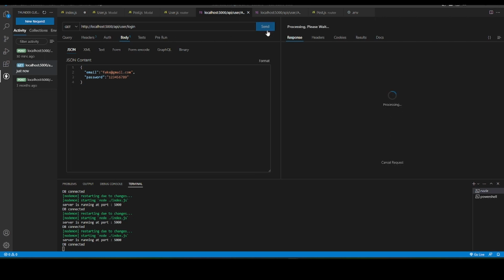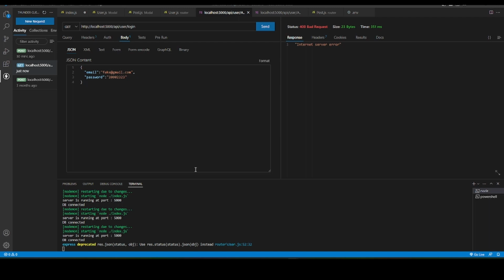And let's try to log in. Okay, password is incorrect. And let's copy this password, and let's paste this. Okay, so I got